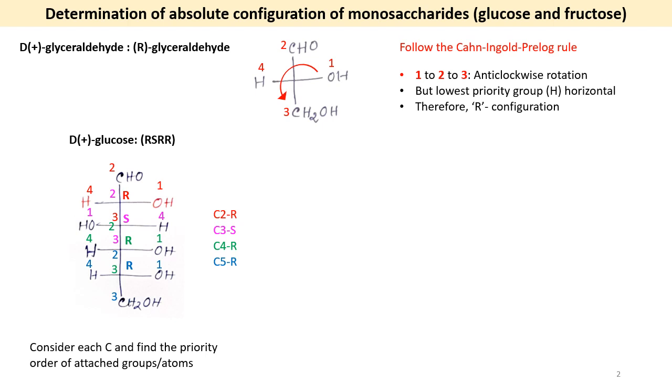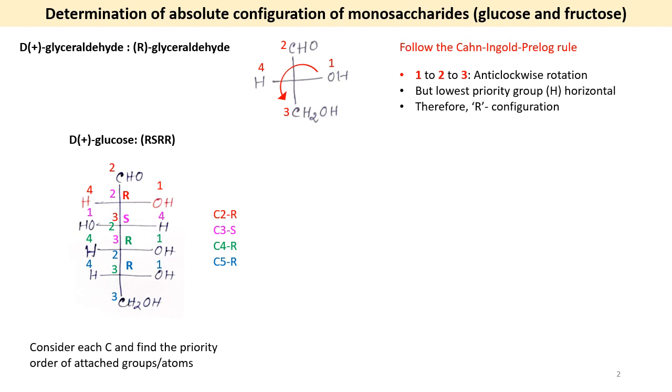Now, what is the similarity between this glyceraldehyde and the other aldose, here glucose? So when OH was at the right hand side, let's look at the glyceraldehyde. OH was at the right hand side, it was D-glyceraldehyde. But in this placement, you will find that when OH was at the right hand side, the glyceraldehyde is also having R configuration. So in case of glucose also, you will notice when OH group is at the right hand side, it was having the R configuration. In case of C2, it was having R configuration. In case of C4 and C5 also, OH group was at the right hand side, so they are also having R configuration.